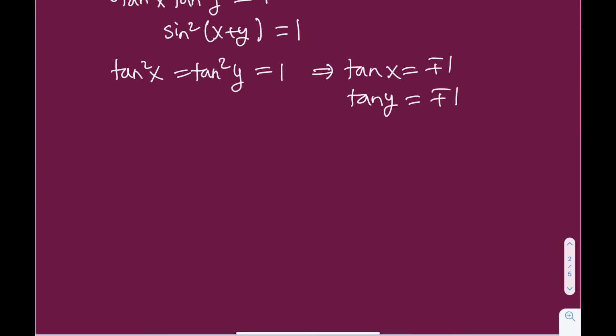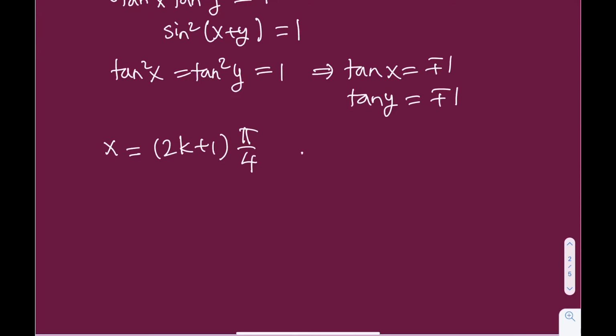Okay? And all of these combinations of signs, there are 4 different combinations, the plus minus, the minus plus, and so on and so forth. They're all possible. Therefore, we can go ahead and write down the solution as x equals. So when is the tangent going to equal positive 1 or negative 1? It's basically going to happen at multiples of pi over 4, but only at the odd multiples. So we can write it as (2k plus 1), where k is an integer, multiplied by